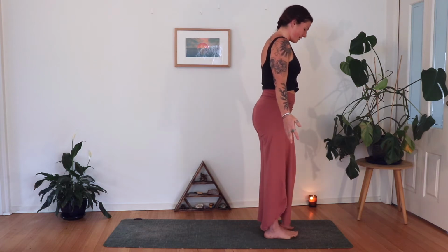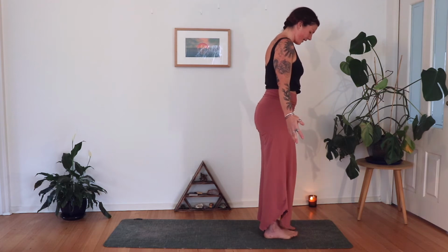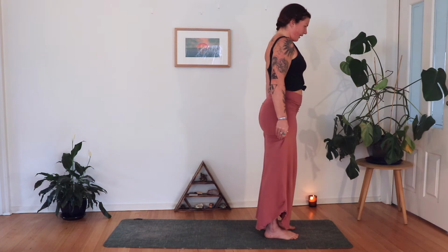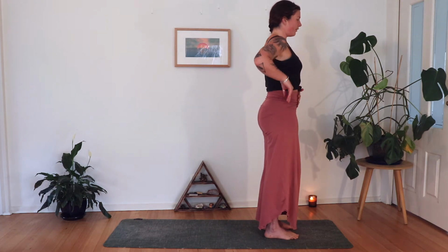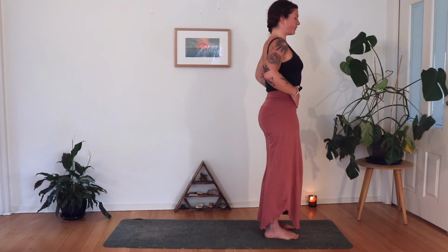Coming into Tadasana, mountain pose at the top of the mat. We'll look down at the feet, hip width apart. Energy drawing up through the earth, lifting the muscles above the knees. Tailbone reaches slightly down towards the mat, which in turn draws the hip bones and the ribs together,